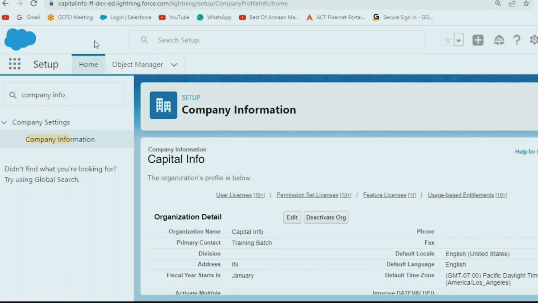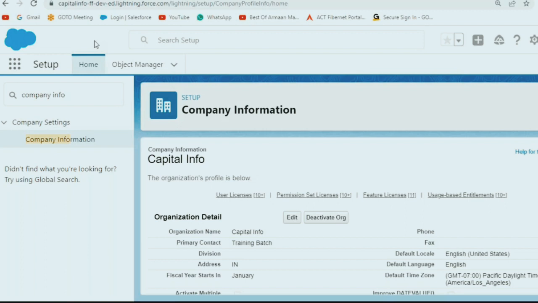And then the fourth problem with the classic user interface is that Salesforce people identified a few performance issues, because it takes more time to process your request. So to avoid these kinds of problems, Salesforce people introduced this lightweight, attractive user interface called Lightning Experience in the year 2015,